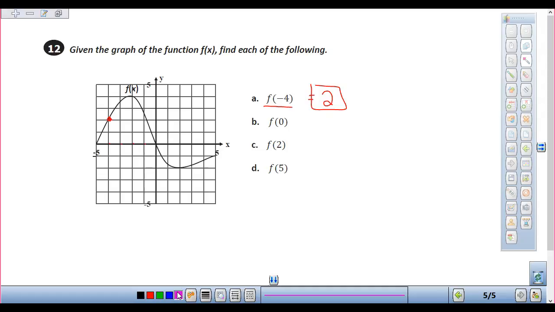Okay, so now I have to find where X is 0. So X is 0 right here. What is Y? 0. Now I'm finding where X is 2. So X is 2 here. Y is -2. Then where x is 5, y is